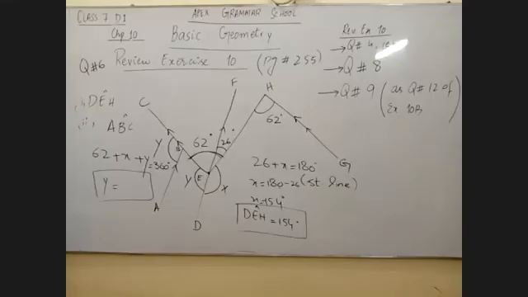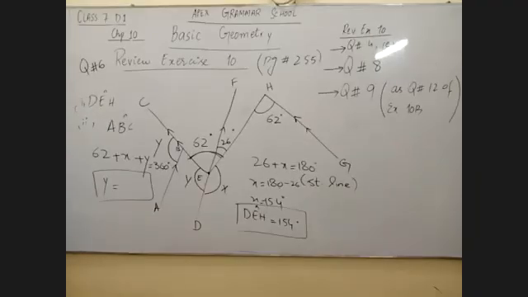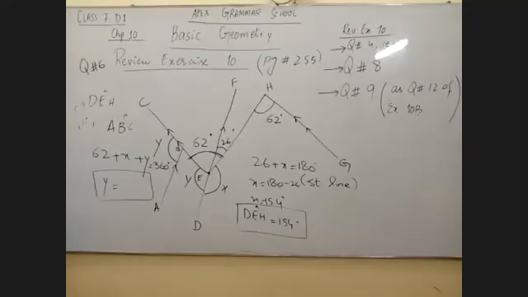Question number 9 of review exercise 10. Yes, in question number 9 you need to find the connecting equations. You do not have to find the values of the angles, you have to find the connecting equations. To do that question number 9, do question number 12 of exercise 10B. It is very easy for you to do. Do it exactly as question number 12 was done.